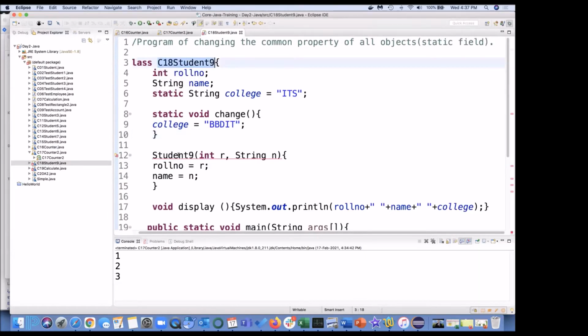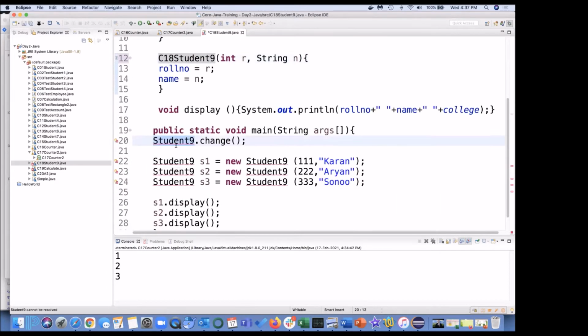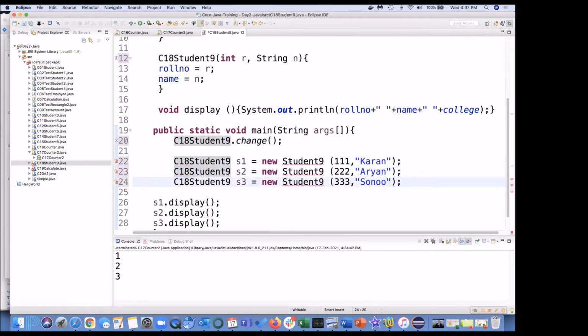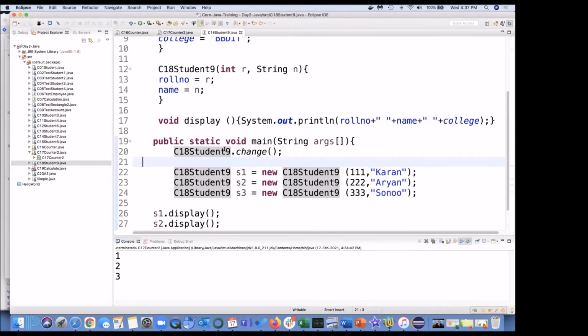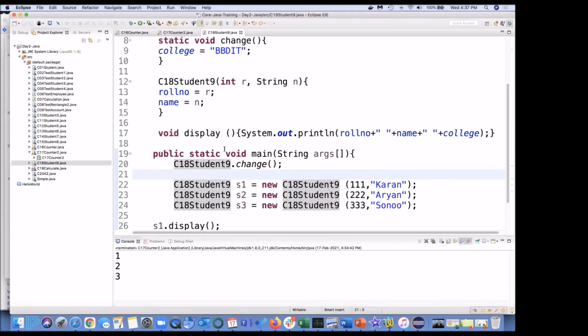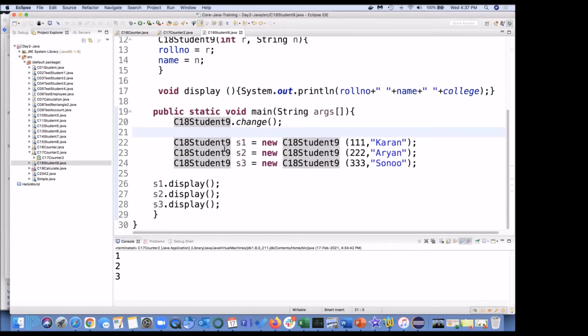So what is going to be our output? Let us see. Well, before executing, our control will start from here. We have not created anything.